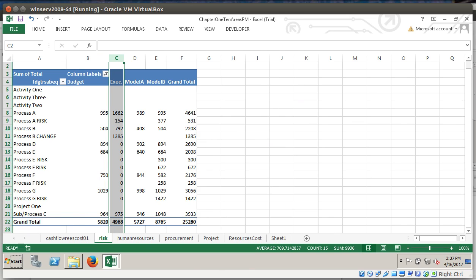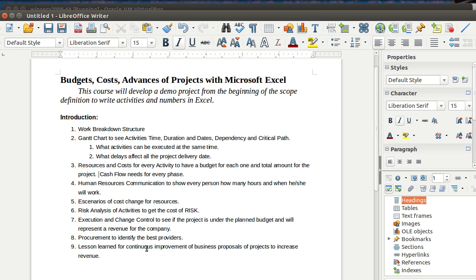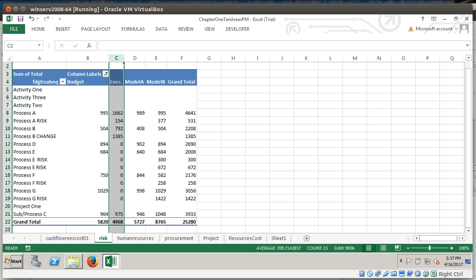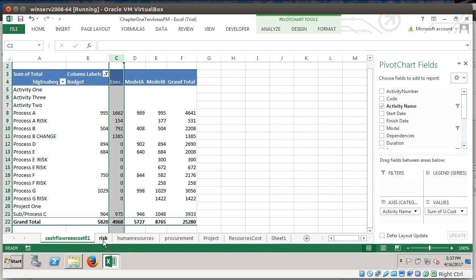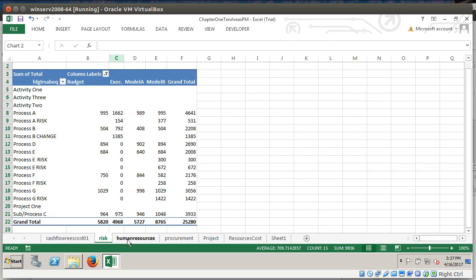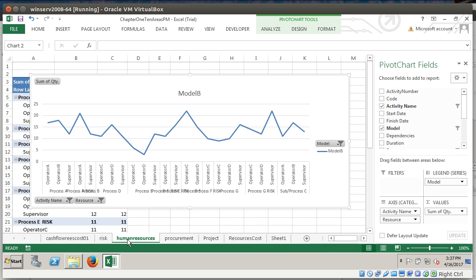Okay, so then it is very important to identify the procurement or the best providers, and also the lessons learned for continuous improvement of business proposals of projects to increase the revenue. Here we will see how all these numbers and resources and all this information of cash flow, of risk, of human resources, give us a very clear